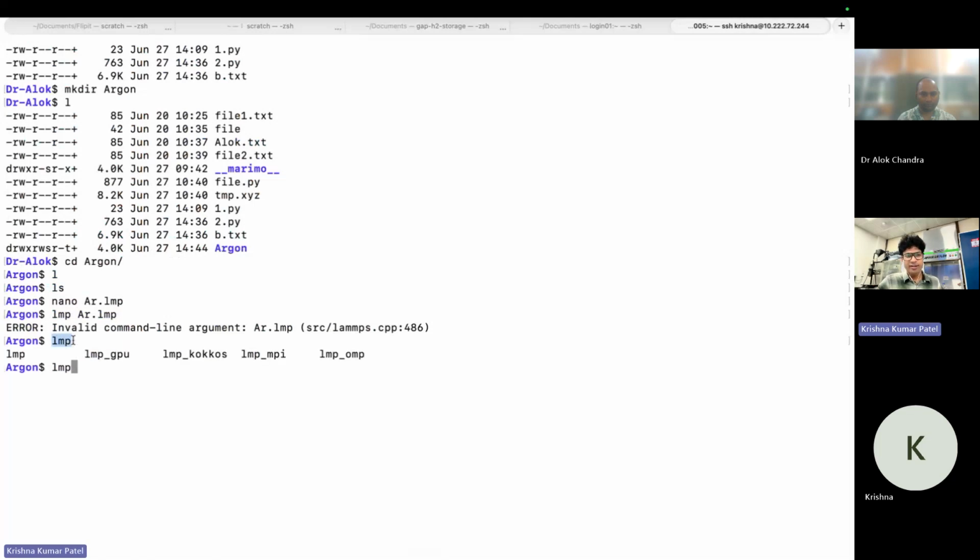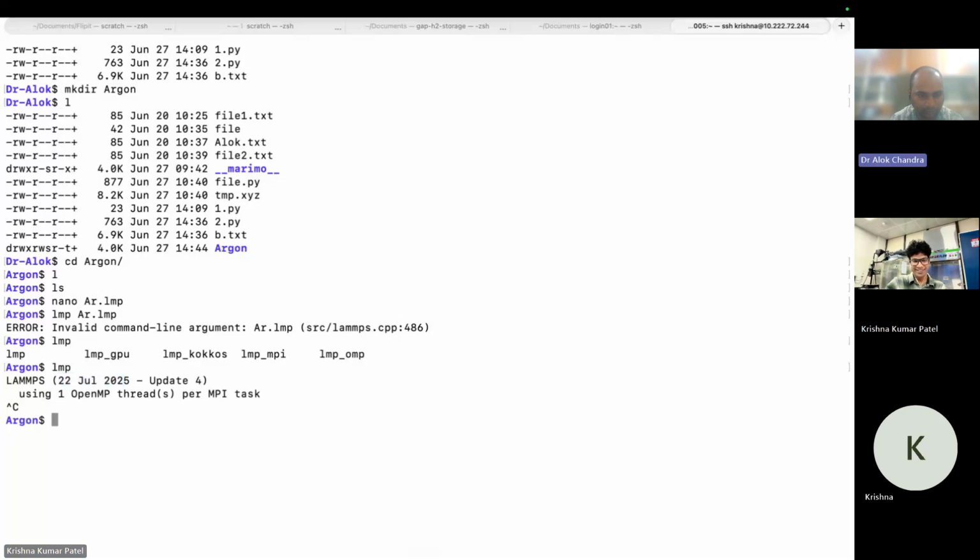LAMMPS is the binary, and we will see later how we can install LAMMPS. My computer has these binaries of LAMMPS, like we have Python, remember? In the same way we have LMP here. This is the command. The moment I type LMP and hit enter, it starts listening. You can see here, right? The moment I typed it, it just said, "Hey, I'm LAMMPS. This is my release version. This is my name, basically. I'm listening. Tell me." So I'm going to just say LAMMPS,